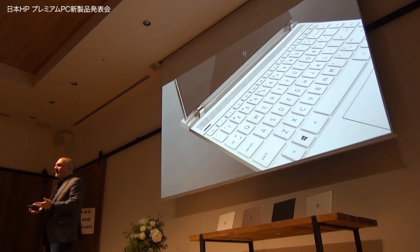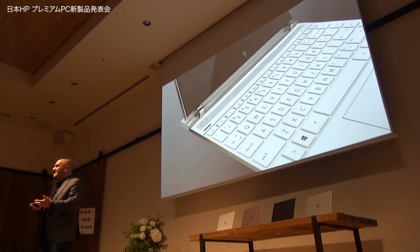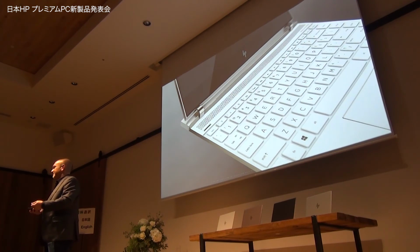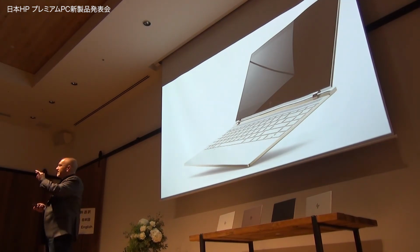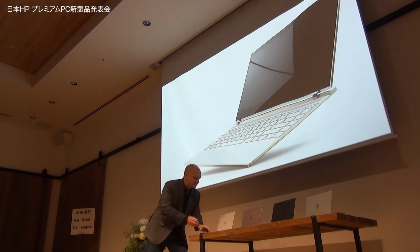You see the beautiful white, you see the AED finish, and what I'm happy to tell you is that AED finish is actually 2.5 times more durable than the other finish. So not only is it a beautiful color, it is a color that resists wear and is really, I think, iconic. The design itself is meant to be thin, but one of the things that I love about this product